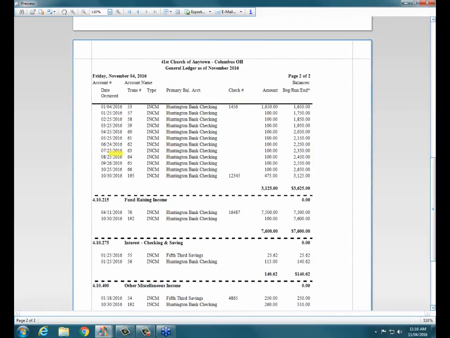So there are additional reasons why you may want to do this. Somebody comes to you and says, hey, how much income are we receiving into the church other than money that's brought in through donations? The only way to really do this is to enter these transactions through enter income.